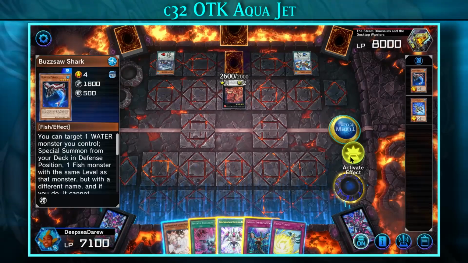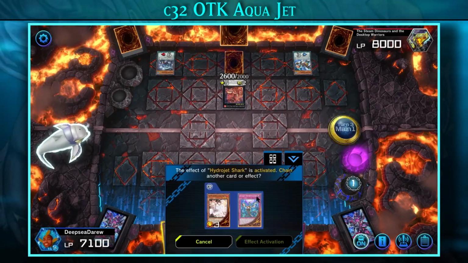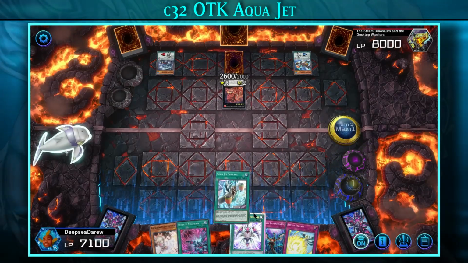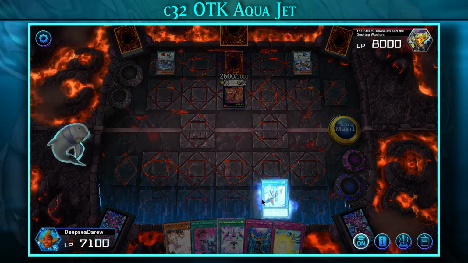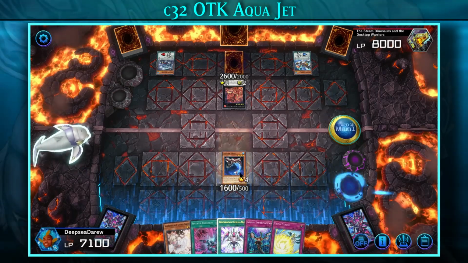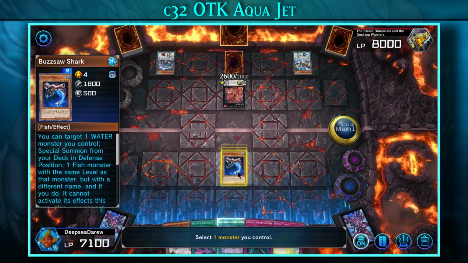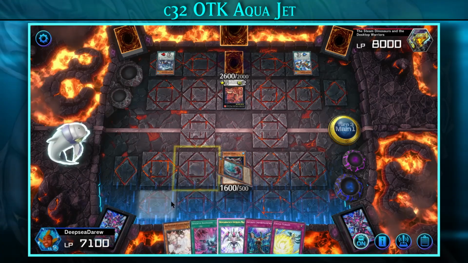The new Aqua Jet card can increase your attack by 1000, making it a little easier to OTK. You can banish the Jet Shark from the graveyard to search for Aqua Jet. We can activate the effect of Aqua Jet to special summon a fish from the graveyard or hand. Then we'll need to summon our C32, so Bahamut Shark will summon Drake Shark from the deck,